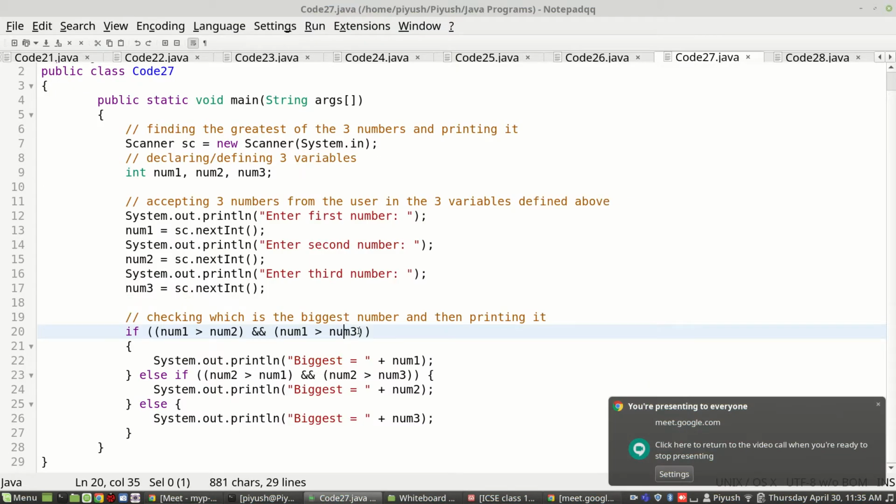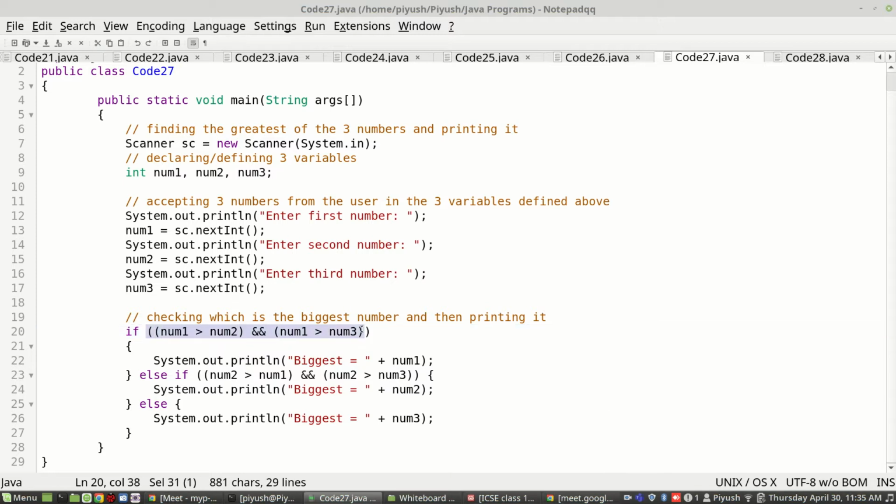So how did we take advantage? If the if sees a true value in front of it, that means if the result of this outcome is true, then whatever is there within the if block will be executed.